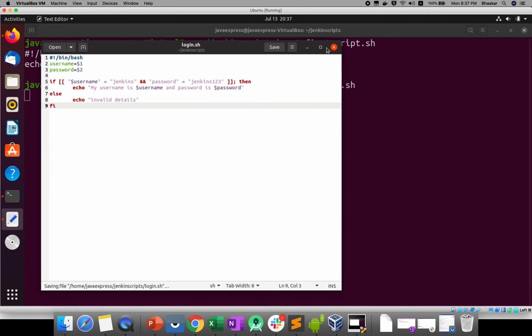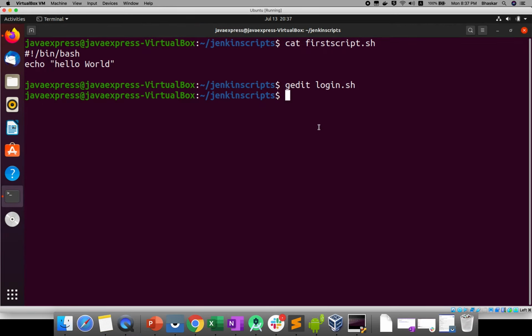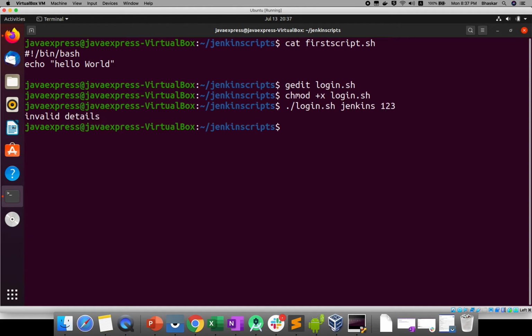So I will save, and you need to provide execute permission to the script. I'm giving it to login.sh. Now ./login.sh, and now you provide the Jenkins username. I'm giving some 123. See, invalid details. So what I will give, Jenkins 123.